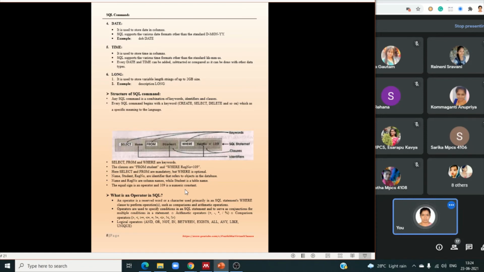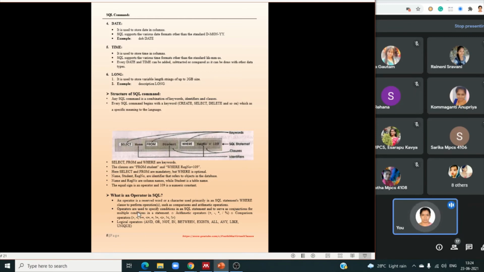Okay, next, operators in SQL. As in any other programming language, SQL also has operators. Operator means a reserved word or character used primarily in SQL statements in the where clause. Generally these operators can be used with the where clause only, for comparison and for arithmetic operations.